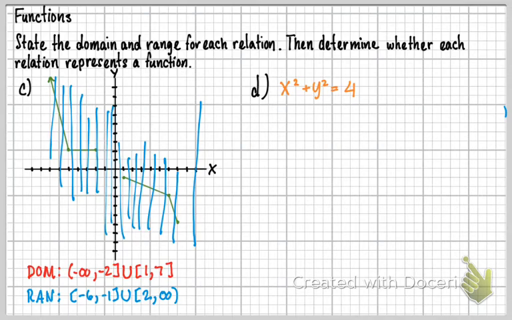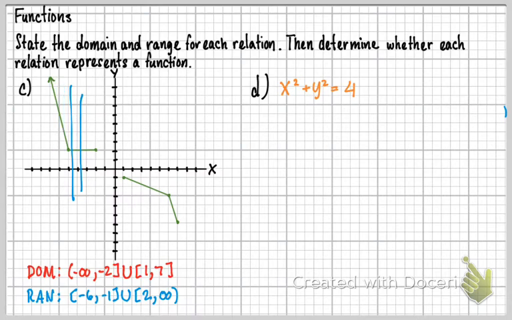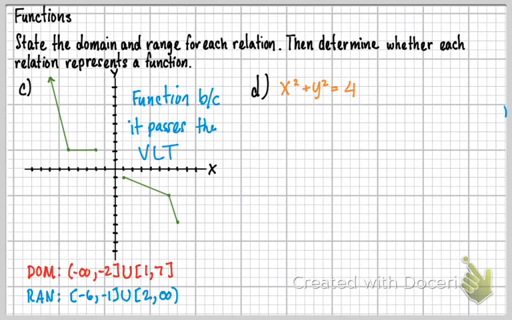Even in there, I can draw tons of them. We see that all of those vertical lines are only going to intersect my graph in at most one place. So because of the vertical line test, I can say this is a function. So I would say a function because it passes the vertical line test. And you have to put that in there because you have to justify why you're picking